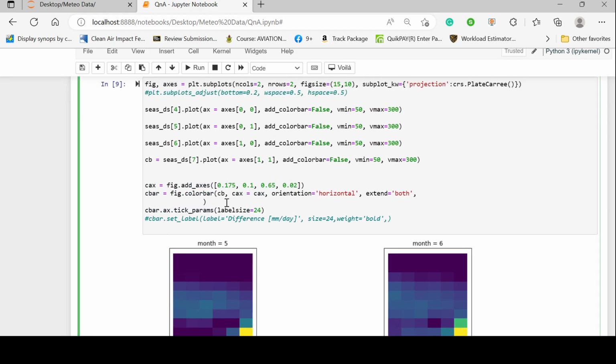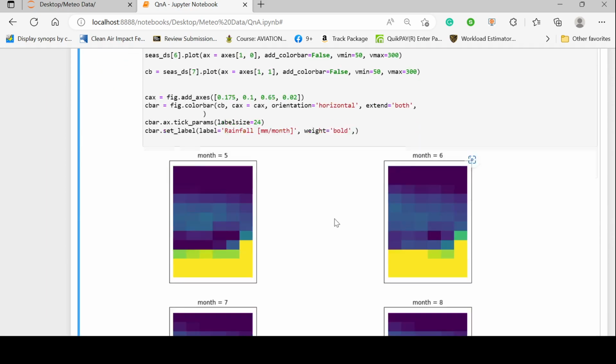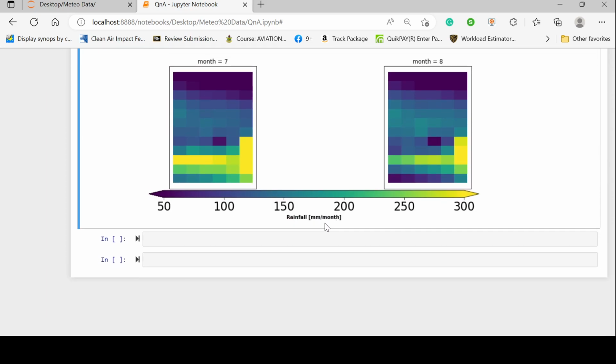So for instance, I want to add a label, and then the label size should be 24, and then I set the label over here as say rainfall. That's millimeter per month. Okay, I don't need to set the size here again. I mean, it doesn't do anything necessarily. So that's it. It adds